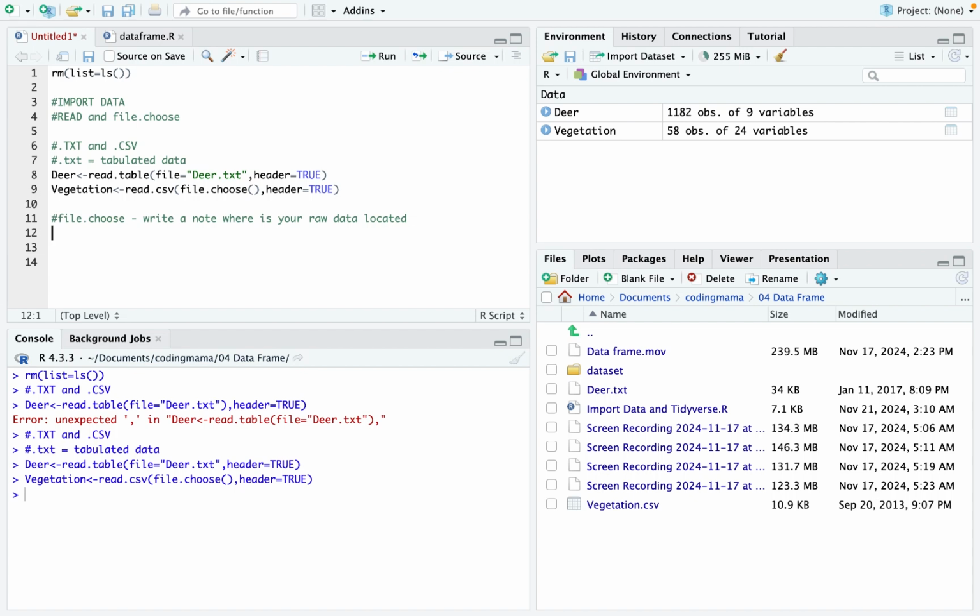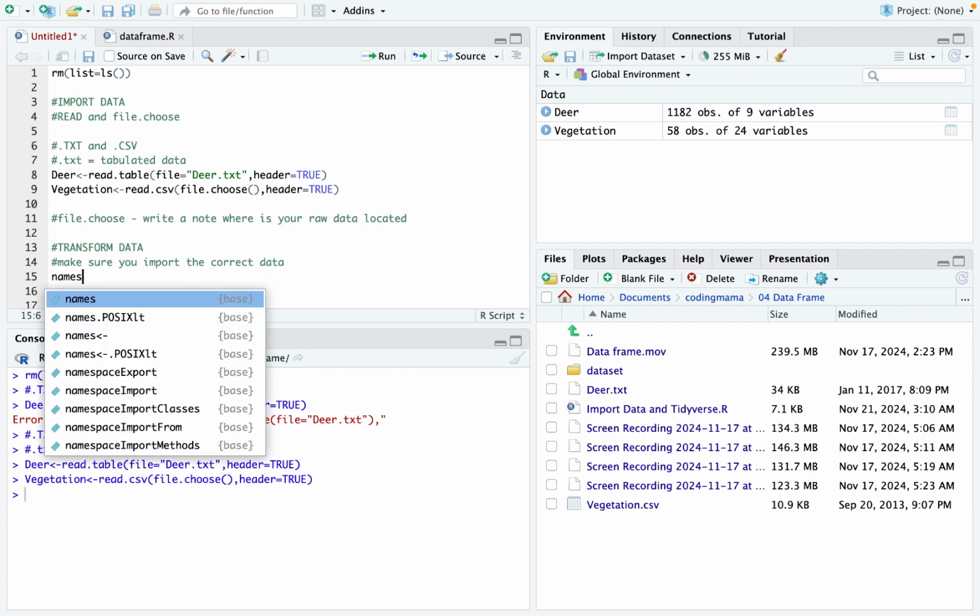Okay, so the next part is you will learn how to transform your data. Data transformation is important before you do any data wrangling or anything to tidy up your data. But before we transform our data, make sure that you import the correct data. Make sure you import the correct data by applying some of the basic functions in RStudio on the data frame, like